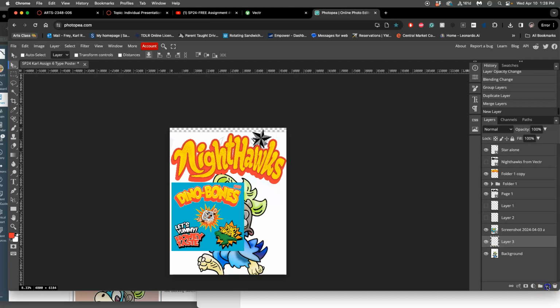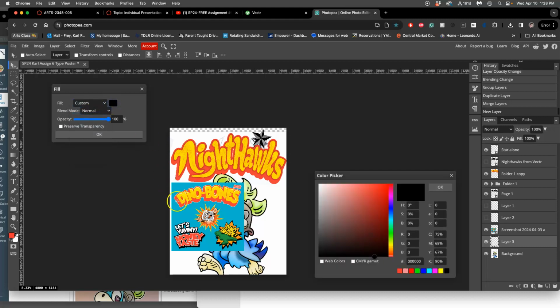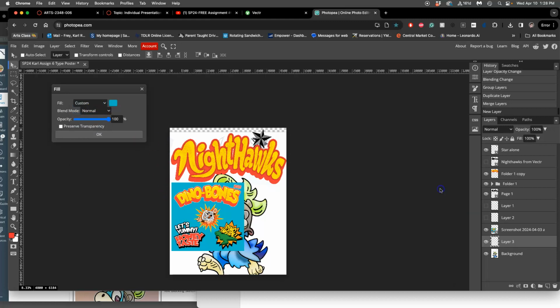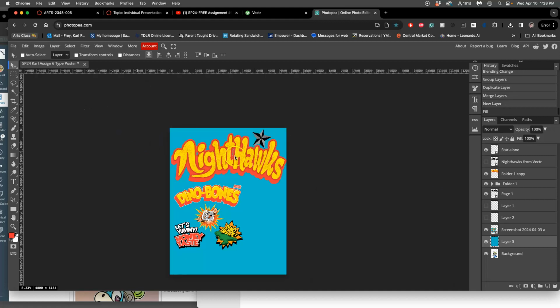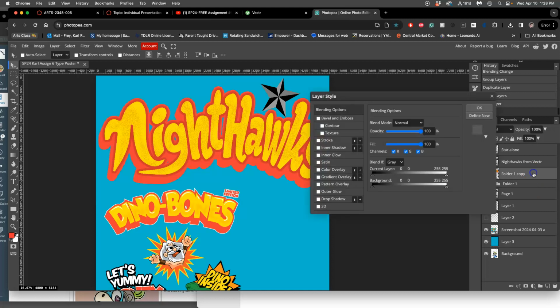So let me give myself a colored background. I'm just going to use layer 3, and I'm going to edit fill with a custom color. And that custom color, I'm just going to steal this blue. I don't think that's what I'm going to stick with, but just to get started. All right. Now, what else do I need? Now I can put a white stroke around